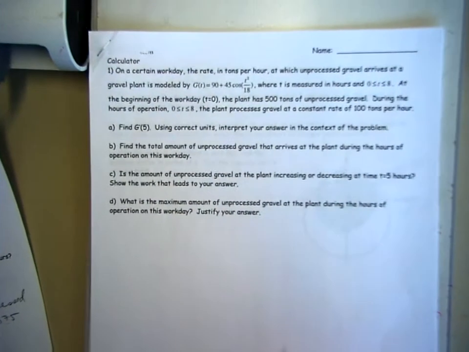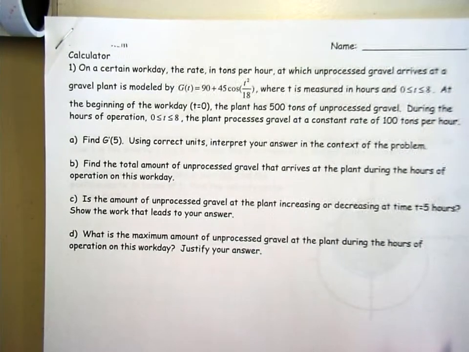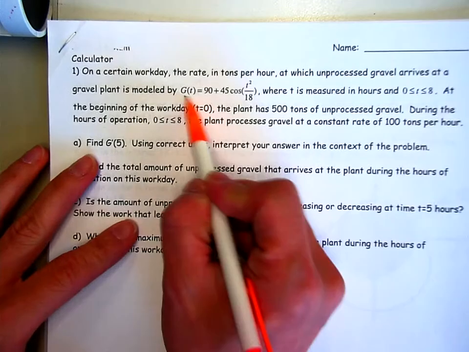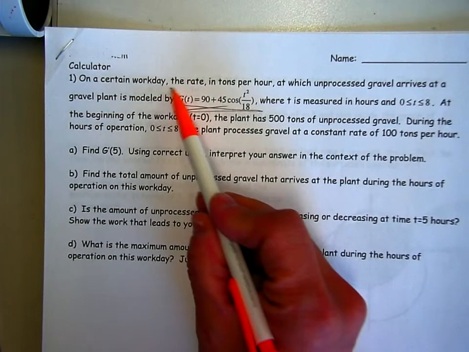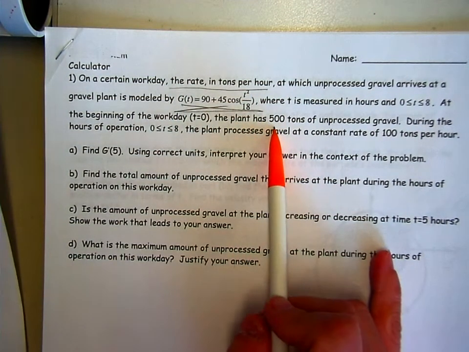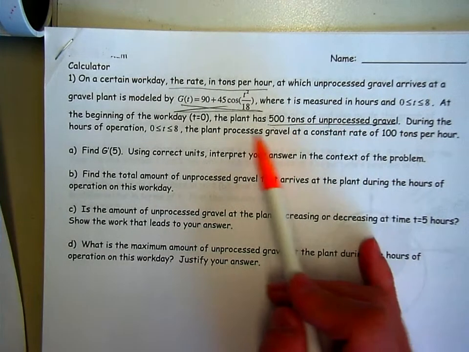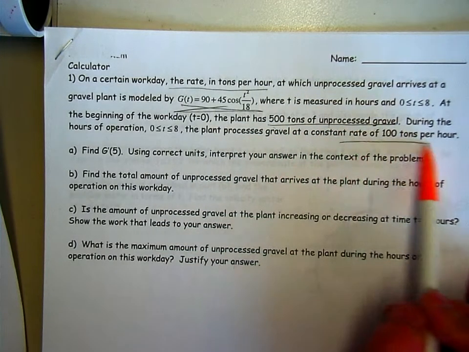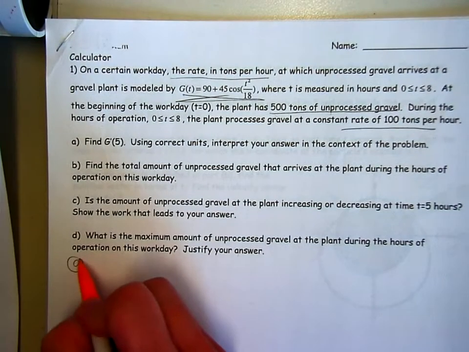Okay, this is talking about gravel being processed at a gravel plant. This is the equation they give you. Notice if you look at the units, this is the rate in tons per hour. The plant already has 500 tons of unprocessed gravel, and the plant is processing gravel at a constant rate of 100 tons per hour. So part A asks you to find G prime of 5, so you're just going to